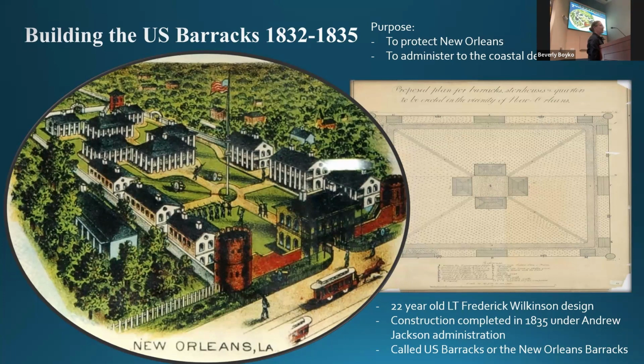So frontier fort in nature, but built out of brick. So meant to last quite a while, and taking soldier comfort and care in mind. So it had drainage systems. It had a beautiful orchard in this area here later on. It was really unusual for the time because it was so solidly built and so permanent, other than the Pentagon Barracks. But it was very unique for